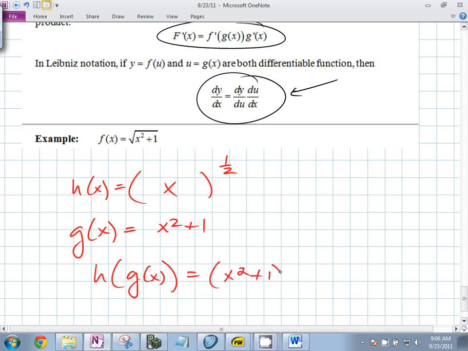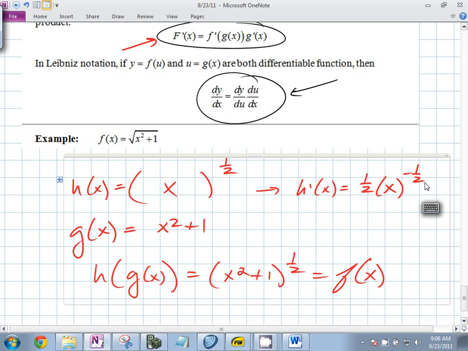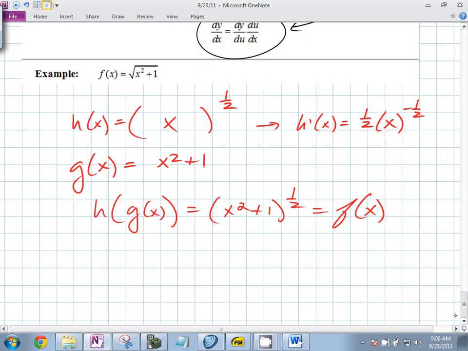Let's look at what this says. It says, take the derivative of the outer function and evaluate it at the inner function. What's the derivative of h? What is h prime? 1/2 x to the negative 1/2. And what are we plugging into that? x squared plus 1. So f prime of x is going to be 1/2 (x squared plus 1) to the